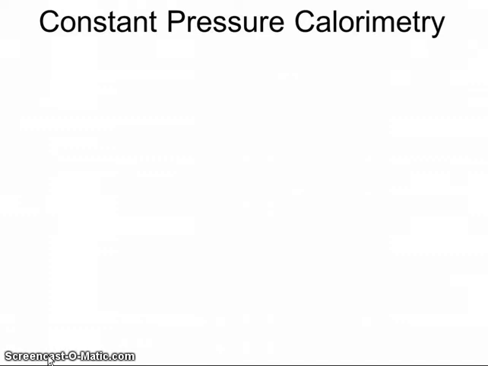So now, looking at goal number 2 and goal number 3, we want to start to look at how I use these things as tools. Well, the first one that I want to look at, because it's the most common, is constant pressure calorimetry. And so calorimetry basically says that heat flow in has to equal heat flow out. It's a way of applying the law of conservation of energy and the first law of thermodynamics, if you will,